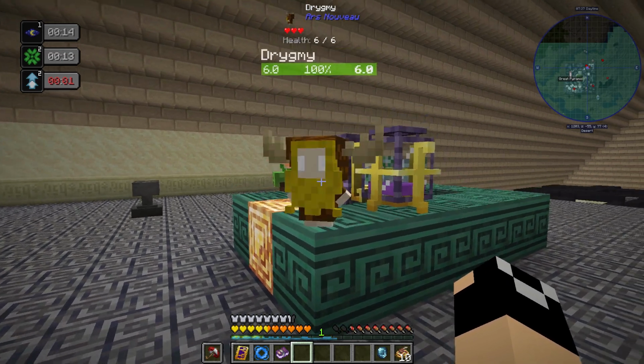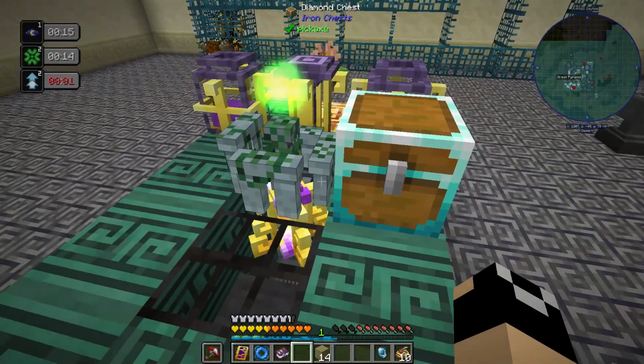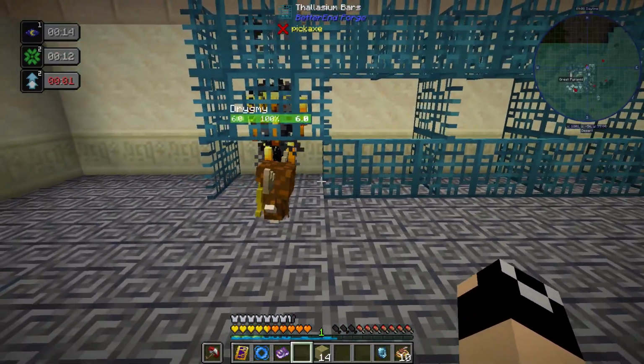But the Drygme, basically, he does this little dance, and he's going to need a chest too. I should probably get that. So we're going to put the chest in right here. And basically what happens is after he gets done dancing enough, it'll create...